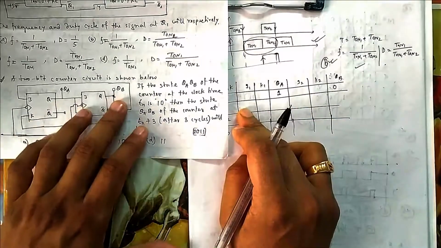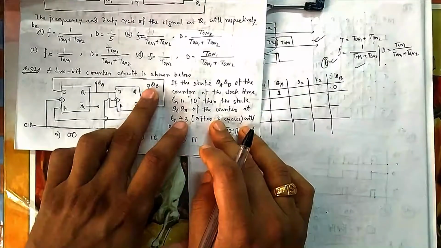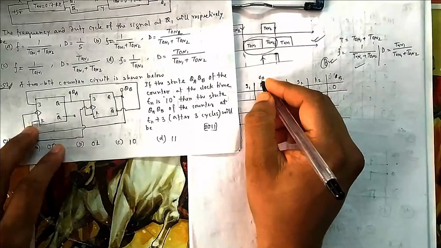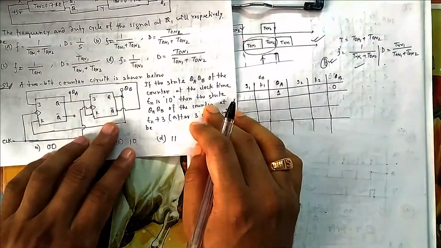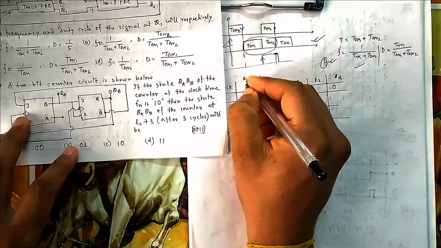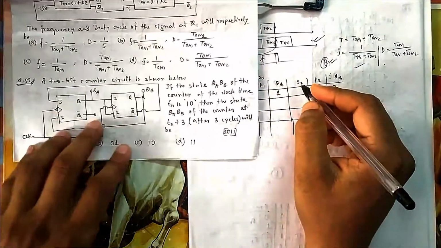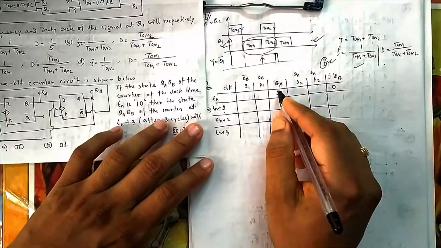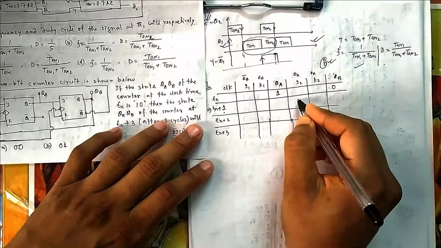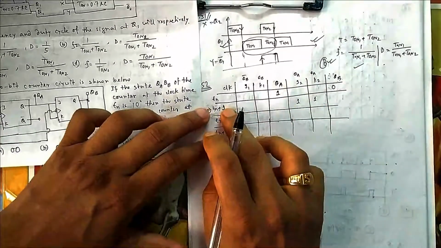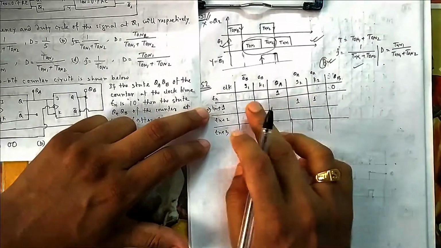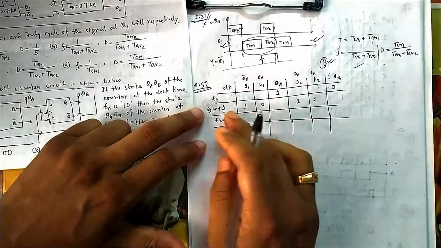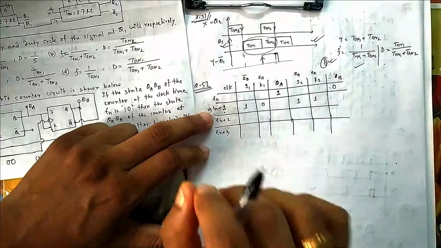So whatever QB is, that is your K. So K1 is nothing but your QB, and this is QB bar. So you mention it there. And J2 and K2 both are QA. So QA was 1, so before giving my first shot, the input is ready with 1 1, and here it is QB bar, QB is 0, so it is 1. So my input is ready with this. Now I give the first shot.